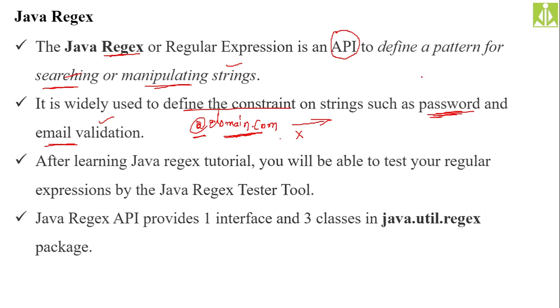Password must and should be 8 characters long. Okay, and the password must have uppercase, lowercase, numericals, and one special character. Likewise, we used to see the constraints imposed on passwords when we create our accounts either in Gmail, Yahoo, or on Facebook. We see these types of constraints, isn't it?